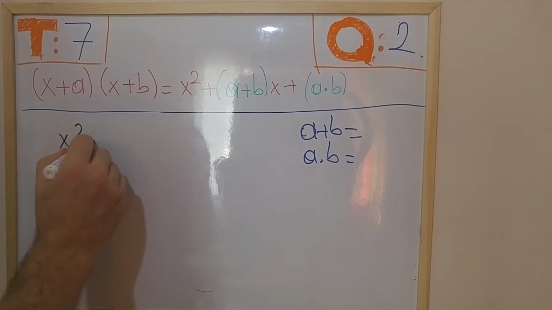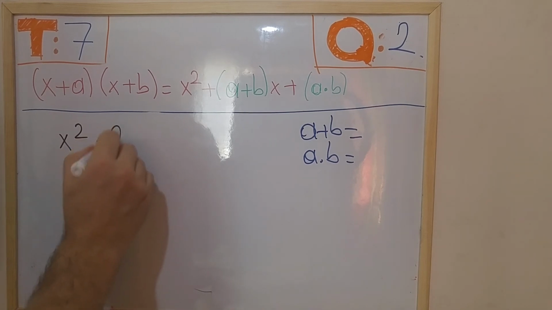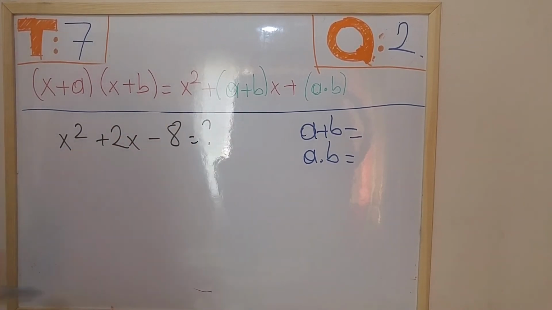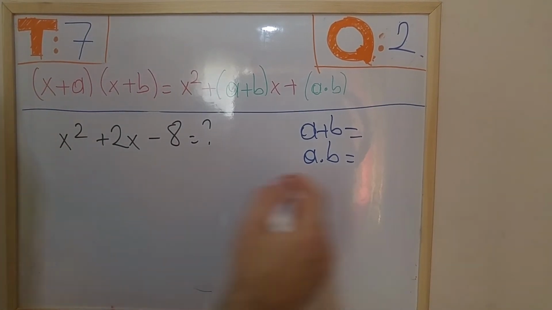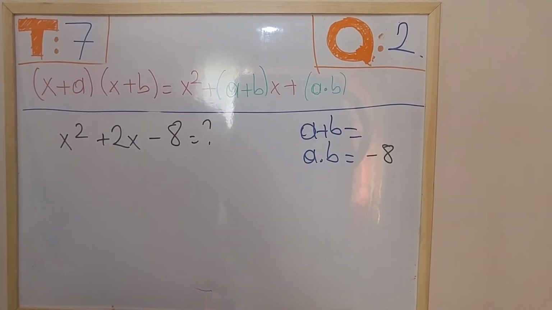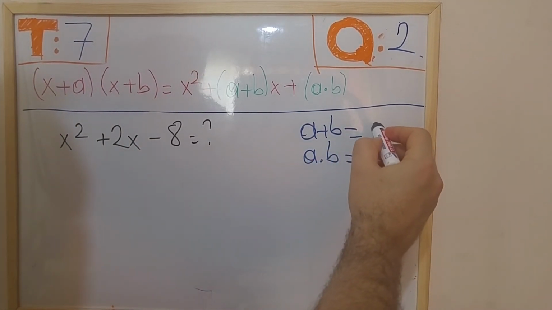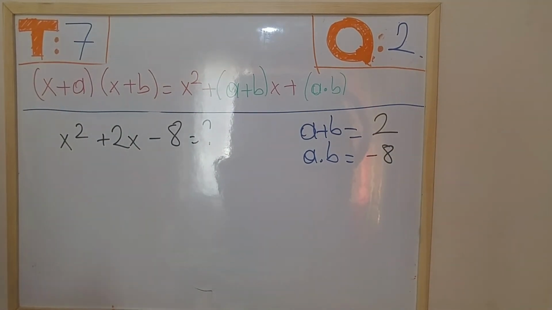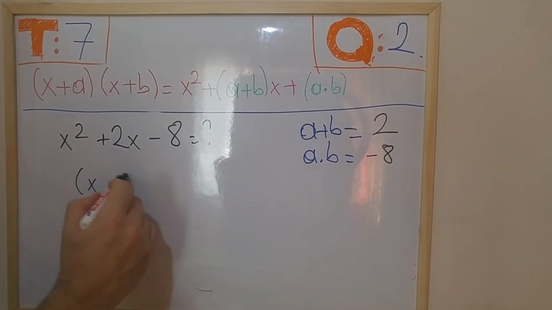X squared plus 2x minus 8 is equal to what? As you see here, the product of a and b is equal to minus 8, and the sum of a and b is equal to plus 2. Therefore, I can say that x,